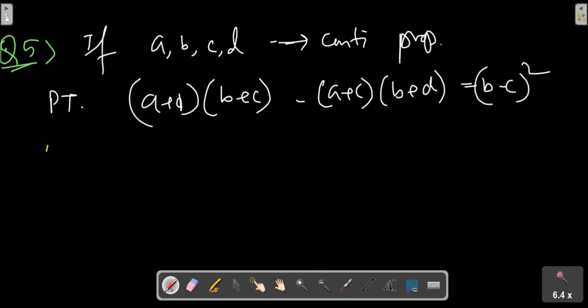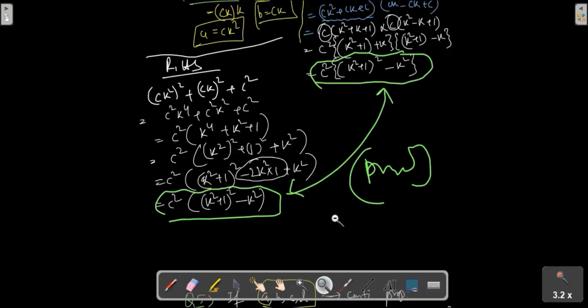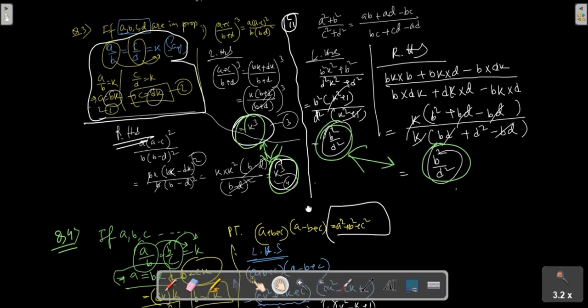So before proceeding to this LHS part, we will first make the raw materials ready for our sum. As in continued proportion, we know A by B is equal to B by C is equal to C by D, and we will just take it as it is, as we have already discussed continued proportion in the beginning of today's class. So as far as we have done this, first term by second term is equal to second term by third term. I want to show you once that in the very beginning of today's class,